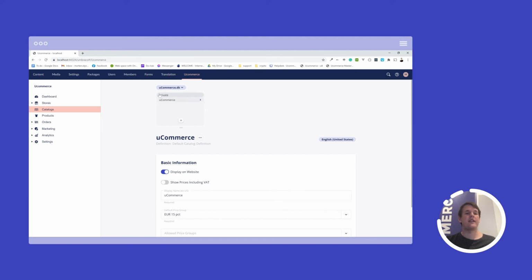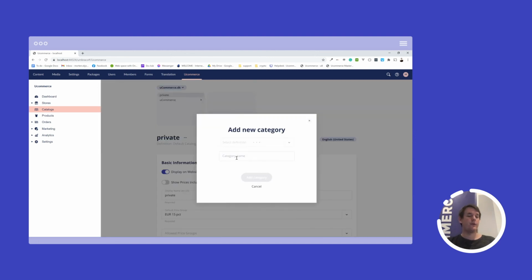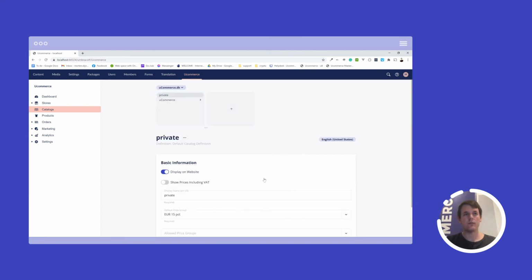And once we have the private catalog, we need to set a new set of categories for that, and eventually also new sets of products. But let's just create a single one here just for demo purposes, like this. So now I have private and private.